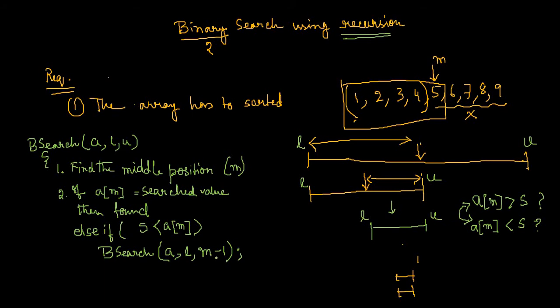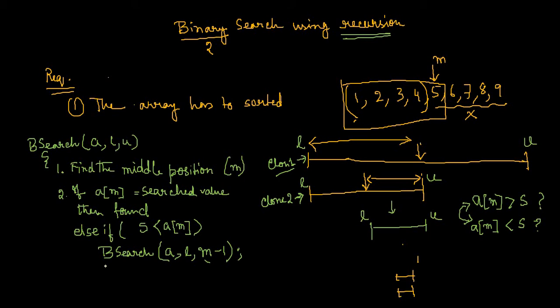So this is going to call a new binary search function, that means a new clone, where the search space, that means this is clone number 1, is busy with this particular total search space. Clone number 2 will be busy with this lesser amount of search space where U has been adjusted by M minus 1, right? Now it may happen in the opposite scenario also. For example, suppose this is clone number 2 and clone number 2 is being executed.